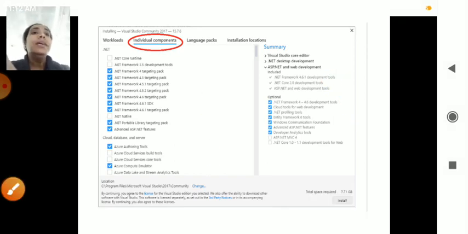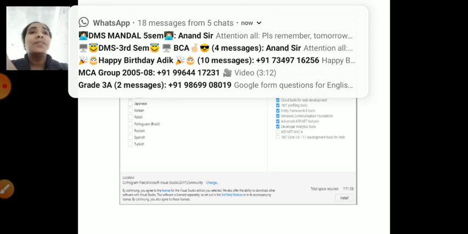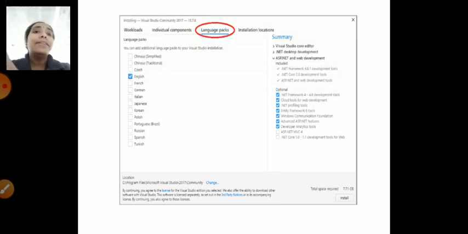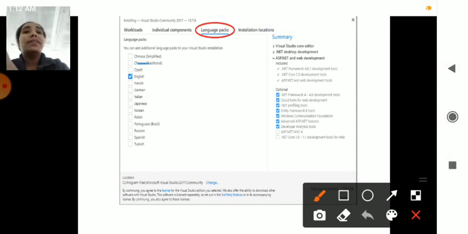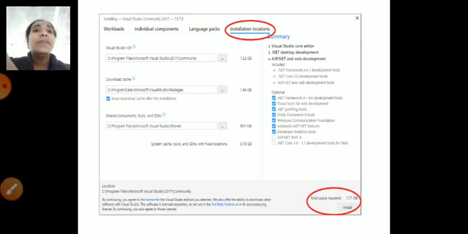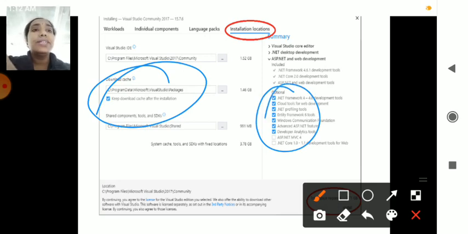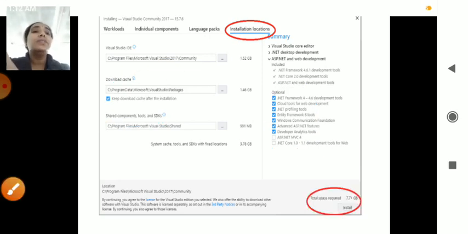Okay. And the next part, the language packs. Mainly remember, when you have the language packs, the main aspect is that you have to choose the language. You can see here the language being considered is English, so you have to choose that particular language pack within your system. Okay, then when you move on to the installation location, where the data has to be packaged and installed, it will be present here. You can see here you have used the C drive, so all the data will be installed and your packages will be present in that particular drive. All the others here will be automatically checked, you need not check them. Okay, so this part you have to know.